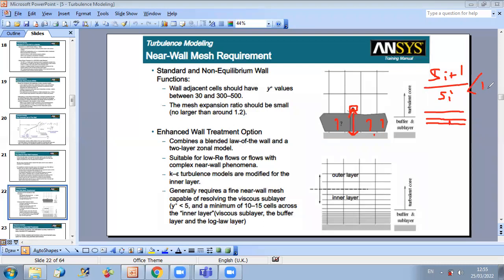Okay. So this restriction will require a higher number of cells to do the transition from the wall to the outer region. And this is why in this case the prediction of physics near the wall is not well captured. From here I need to introduce the enhanced wall treatment option. The enhanced wall treatment option will allow me to combine a blended law of the wall and a two-layer